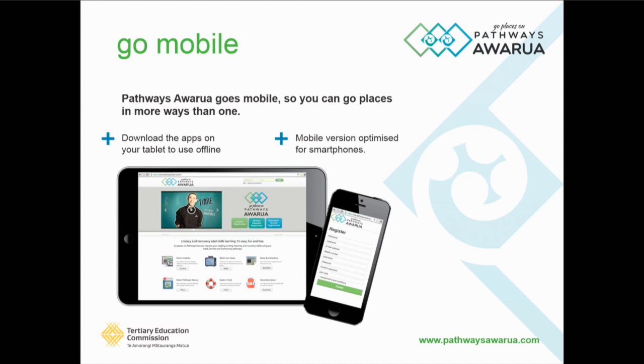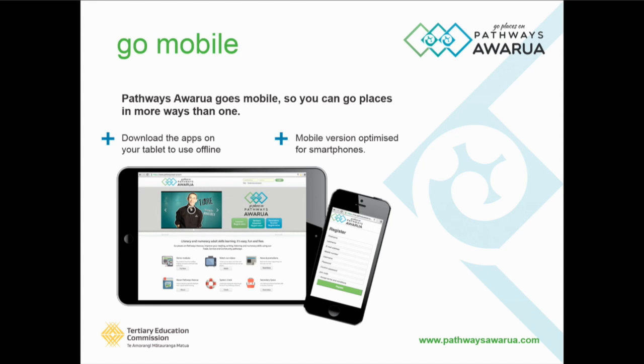The second big enhancement with regards to tablets on the left-hand side is a series of apps so that a learner can use Pathways offline if they have a tablet or an iPad or an equivalent device. There was a really good demo of this yesterday. Essentially, once these apps are on the app stores that learners can access, a learner downloads them off the store, they log in, and then they can go offline and use Pathways as normal. The next time they are near internet access, they can go online again, and the results will be uploaded to the central system.